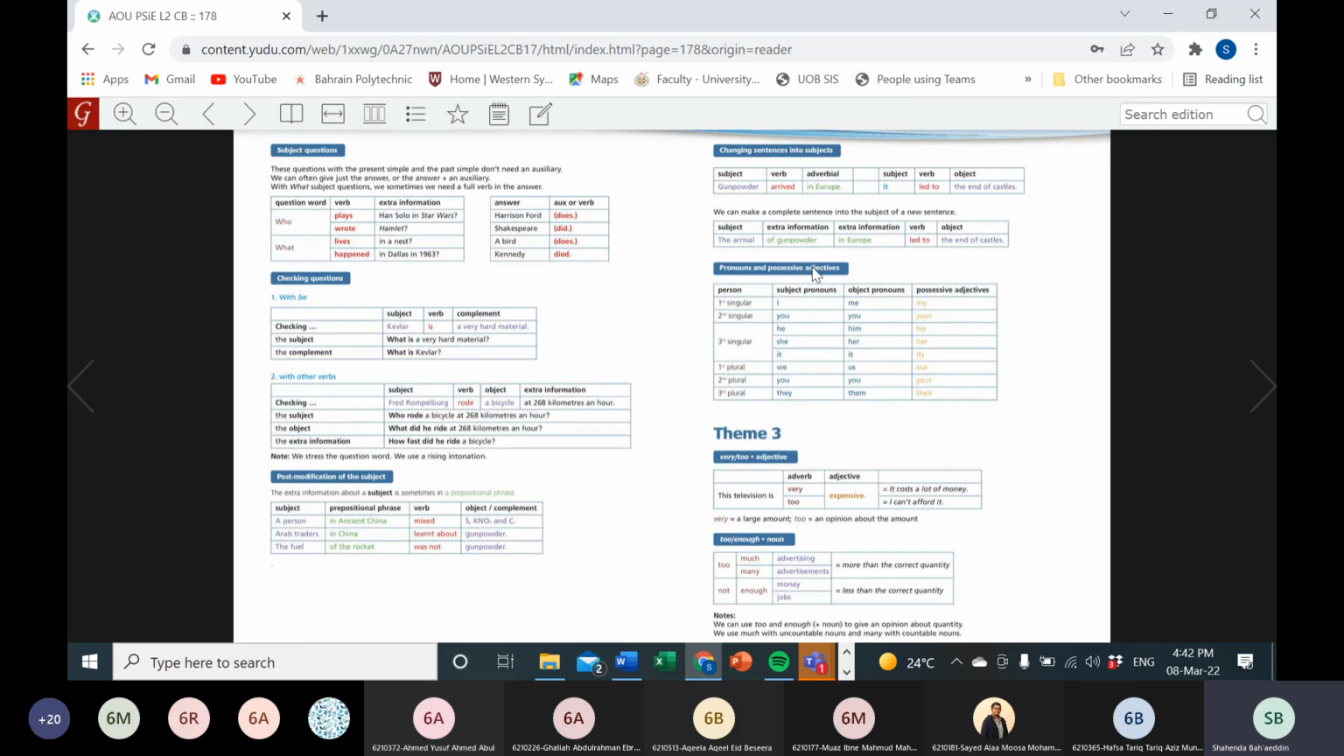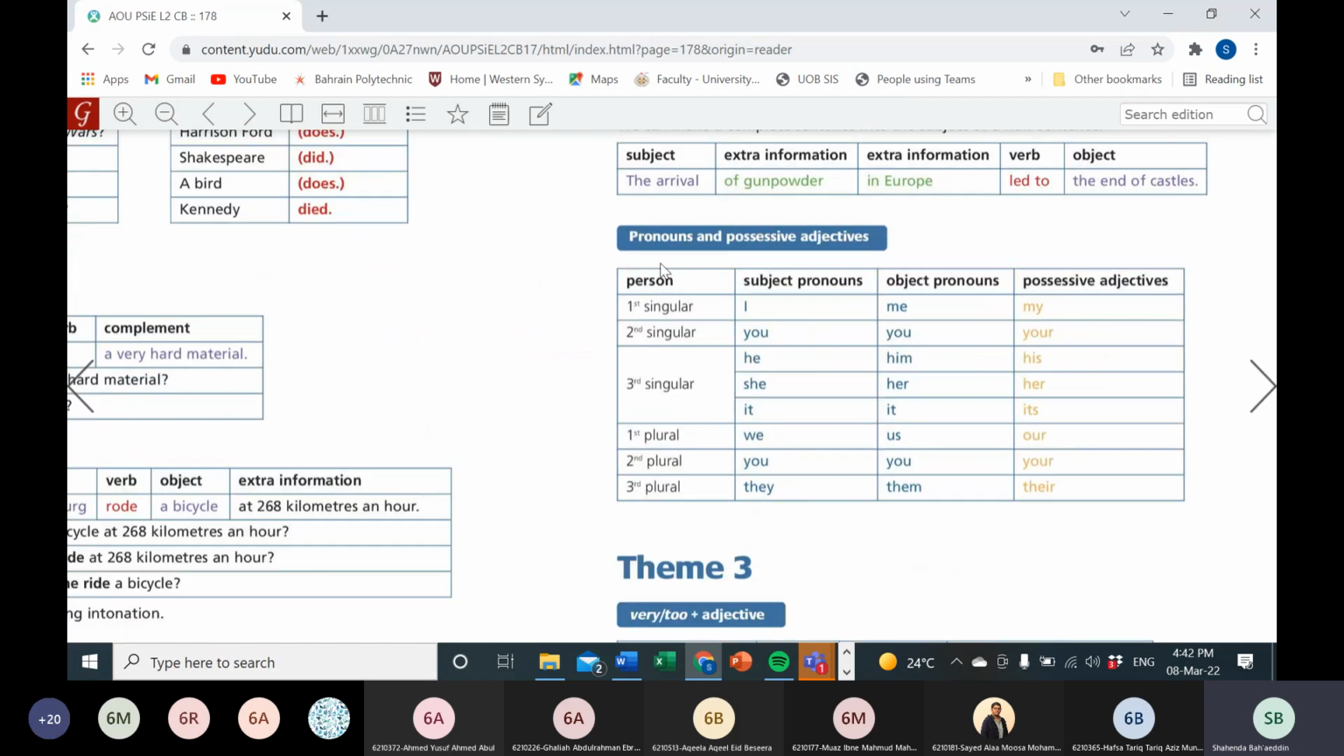Okay. These are pronouns and the possessive adjectives. Subject pronouns, which come in the subject position, the doer of the action, are I, you, he, she, it, we, you, the plural, and they. Possessive